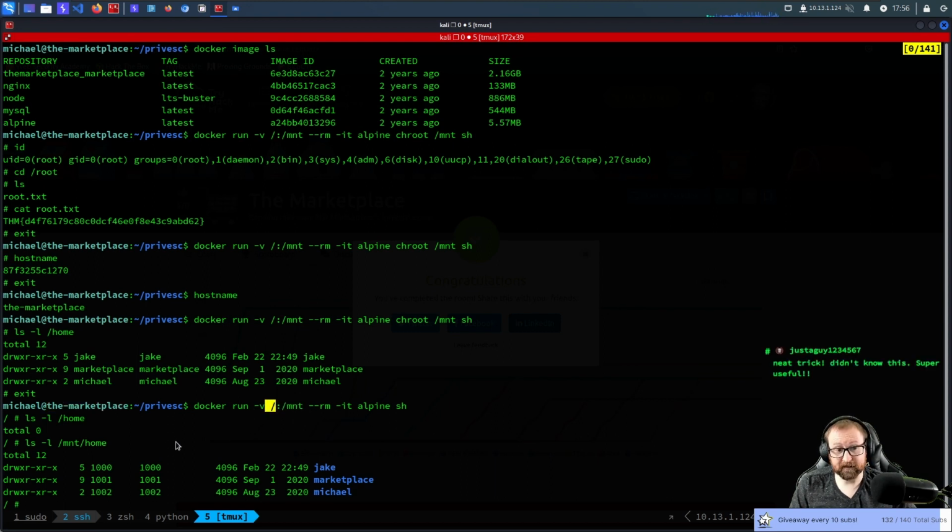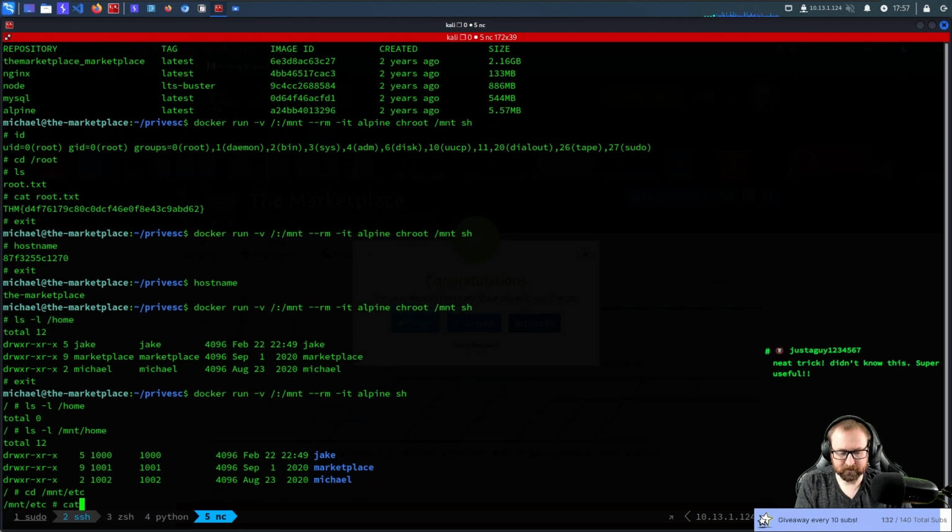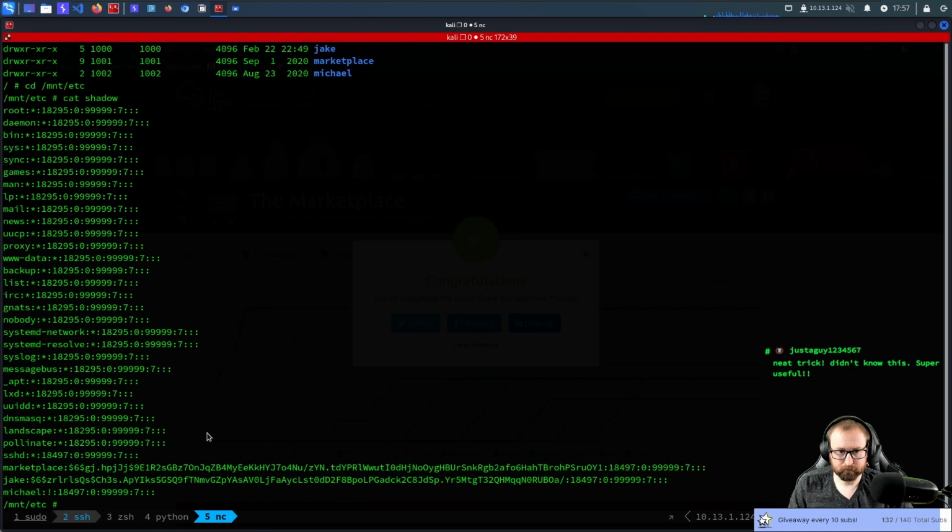So if we cd into /mnt/etc and we cat the shadow file, we could technically add to this. We could do the root trick.